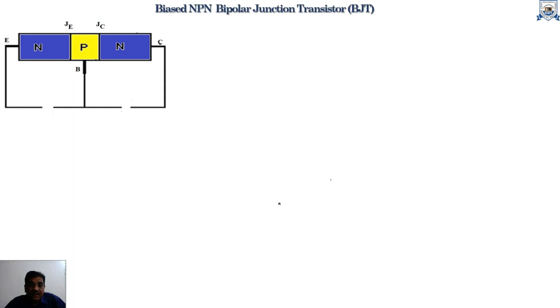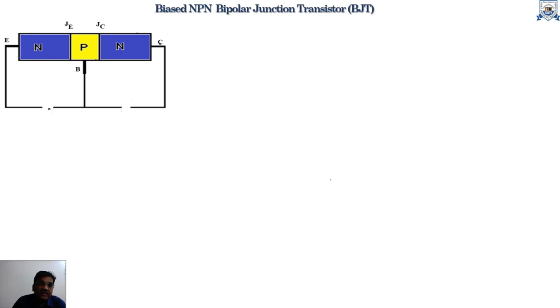This is because in an NPN transistor, electrons are treated as the majority charge carrier, and the mobility of electrons is faster than that of holes. That is why the NPN transistor is considered. Since a bipolar junction transistor is a three-terminal, two-junction semiconductor device, to operate the BJT in the desirable region, it is necessary to bias each junction properly. In this figure, each junction is connected by a battery source.